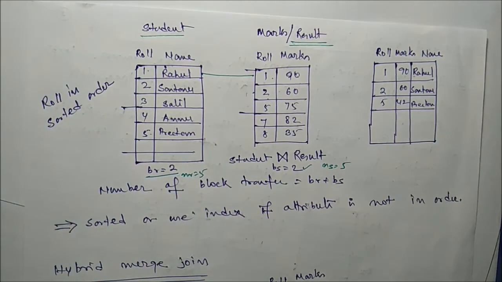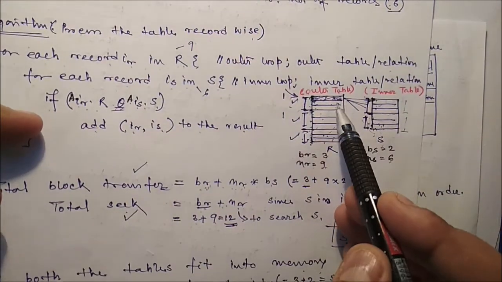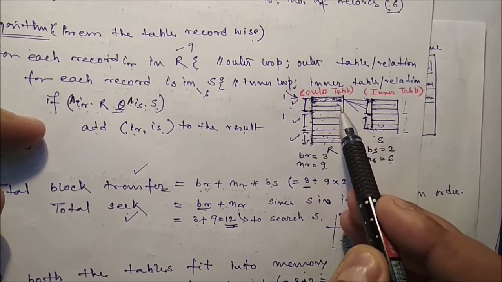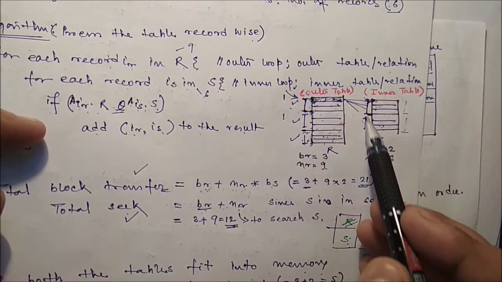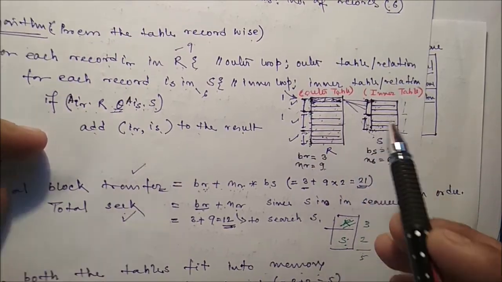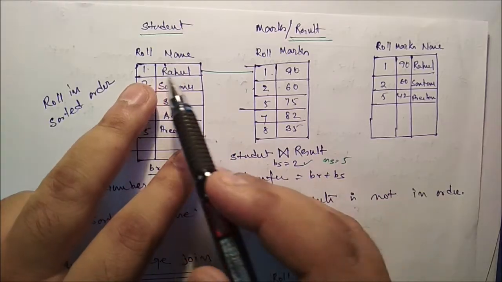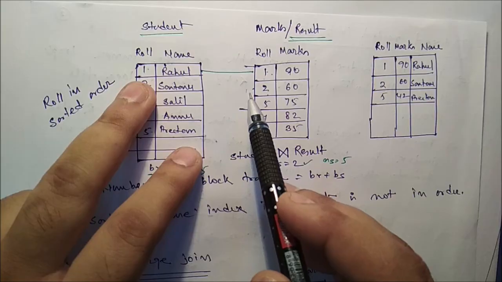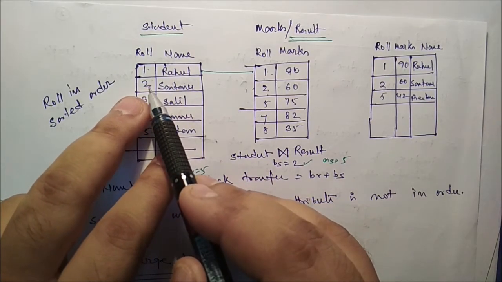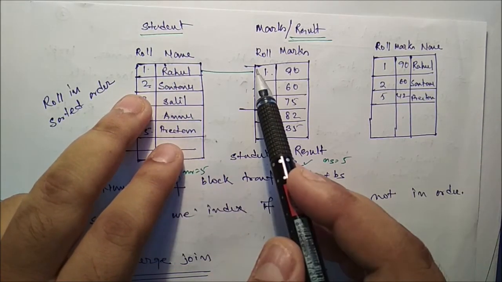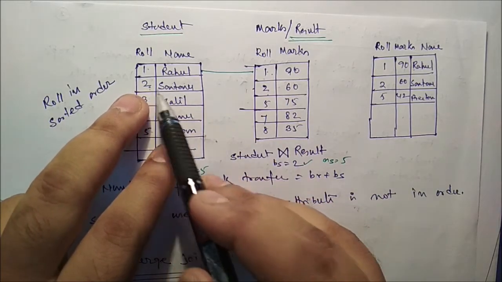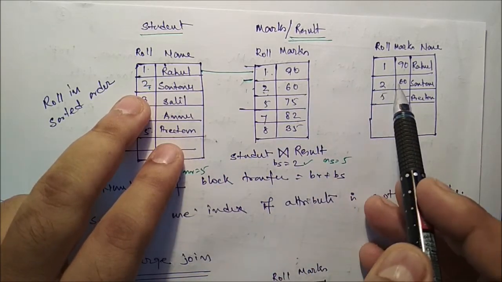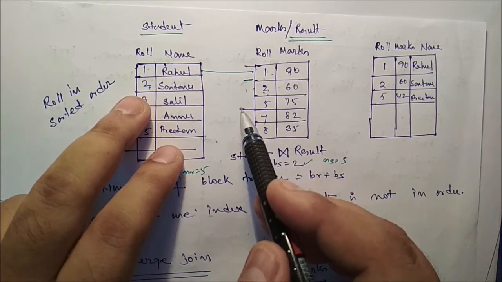Now in the previous case, what we have seen is that we have to compare with each and every record, for each record of BS, because the data are not in order. Now here the data are in order, so we compare 1 with 1, then 1 with 2, it is not the same, so we stop the process. Take the next record, 2. We may directly start with 2 with 2, because we have already processed up to this. So compare 2 with 2, then 2 with 5, and we should not process further.